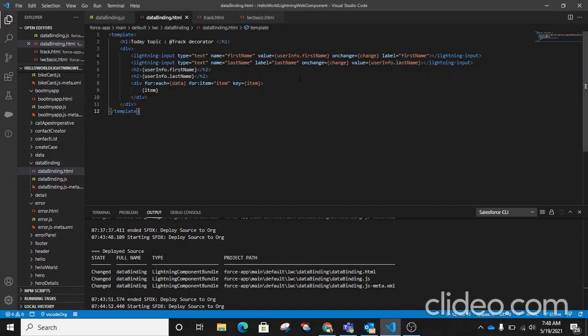Now going ahead, on change, I am adding a button here to change the values. I'm creating a function, array change.